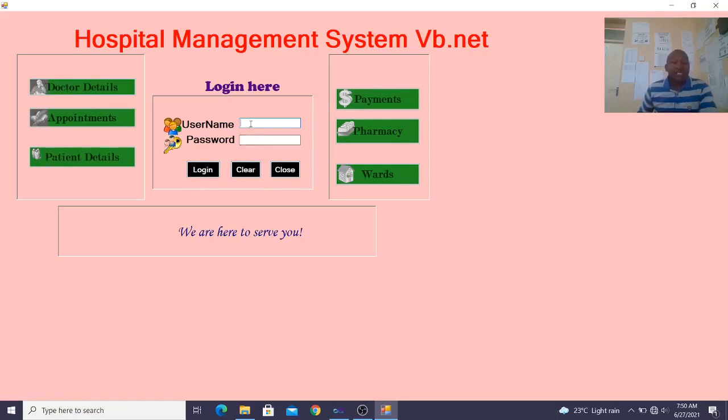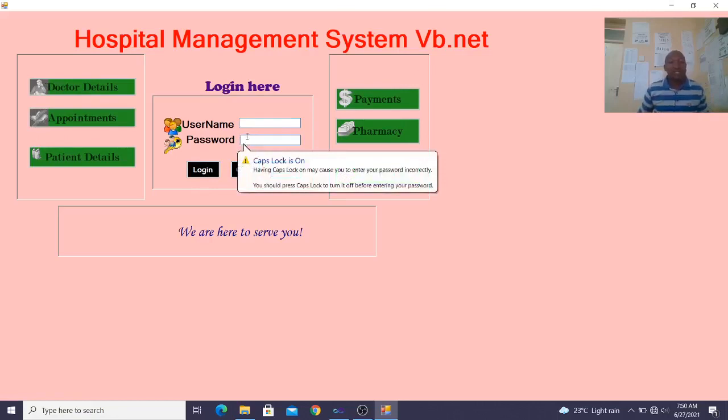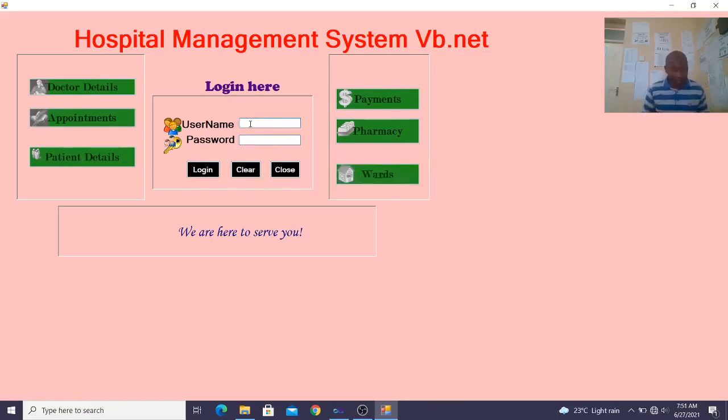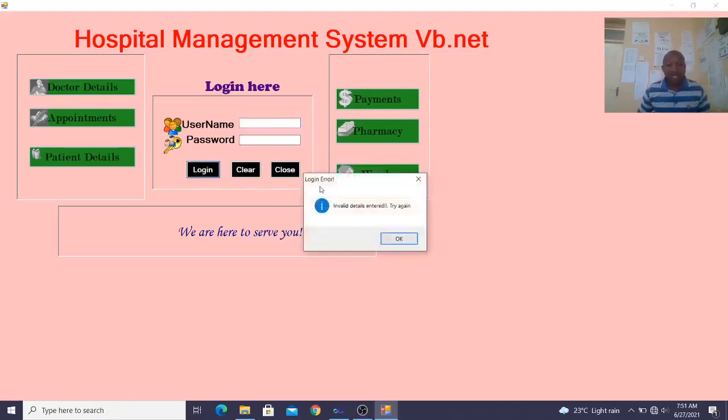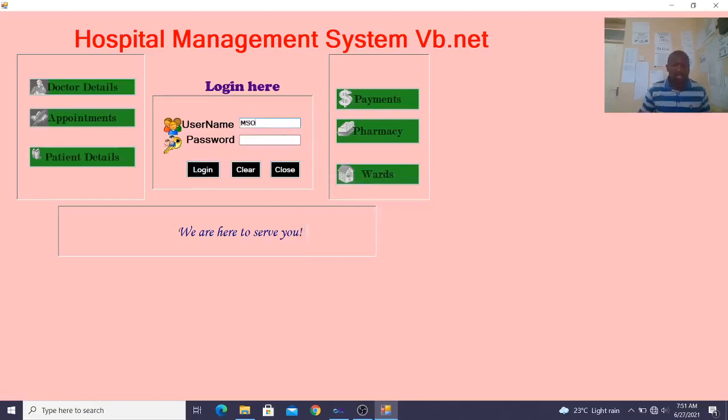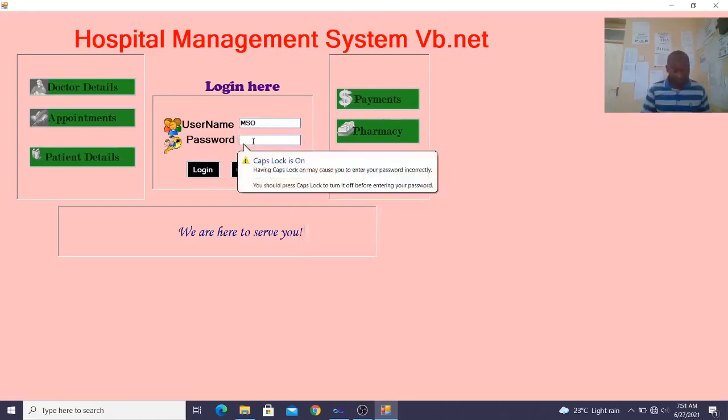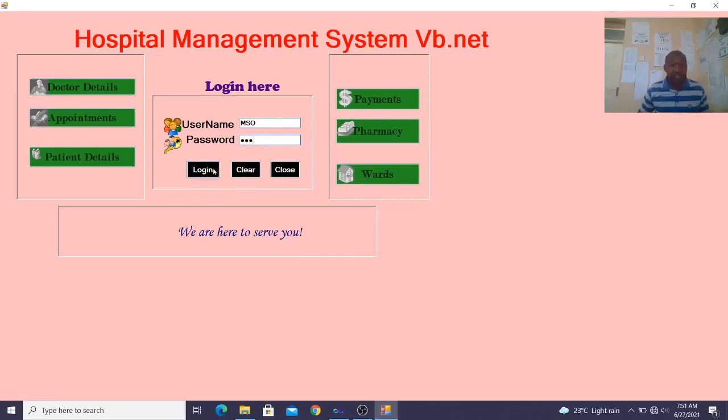For instance, if at this point somebody gives wrong credentials for login here, then hits login, you'll get an error message: login error, invalid details entered. But if I go ahead and supply the correct login here, ladies and gentlemen, then hit login, there we go. You'll be in a position to see that our system is active. And therefore, if I hit on doctors module here,